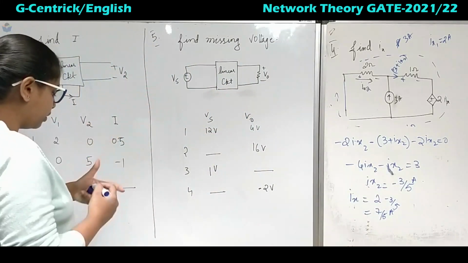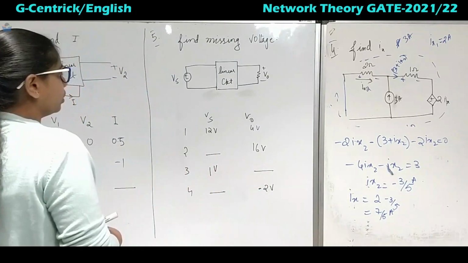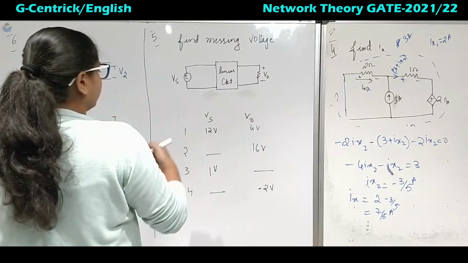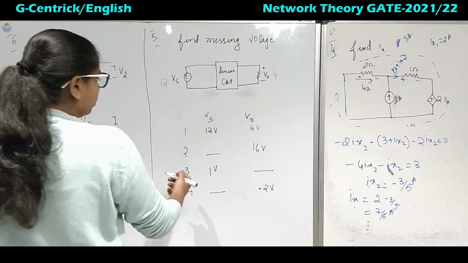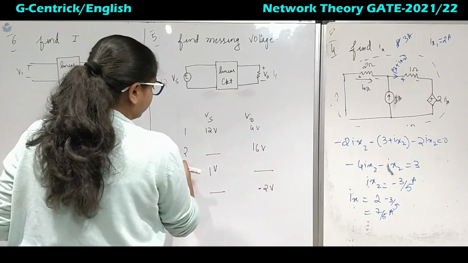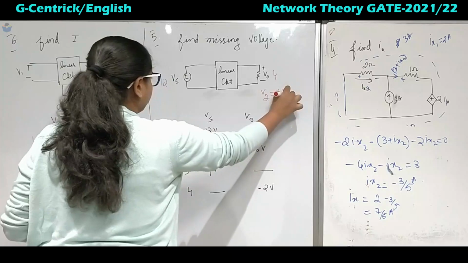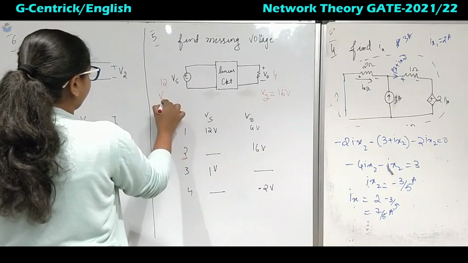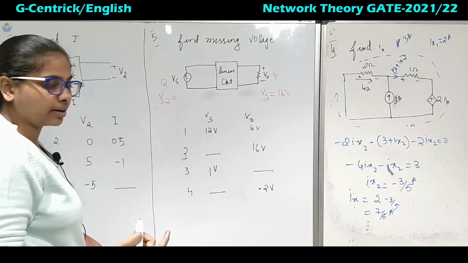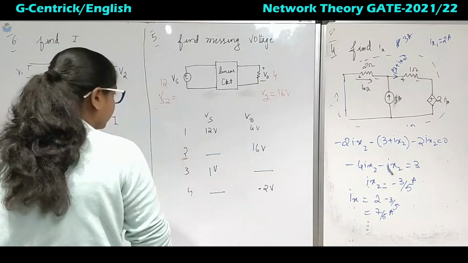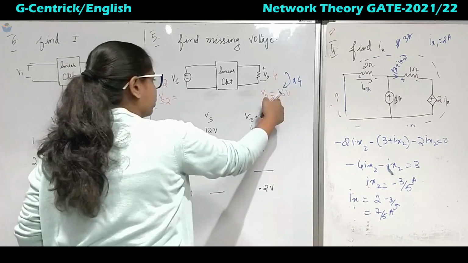Next, coming to this one, we have to find the missing voltage. So here second, third and fourth. Okay, so we have given Vs and V0, that is 12 and 4. Okay, so we have V1, okay, we will take it as V2, okay, according to the number. So we have got V2 as 16 volts, but we do not know what is Vs2. To calculate that, we have already seen the scaling factor. So to come from 4 to 16, we have to multiply into 4. So 4 into 4 is 16.